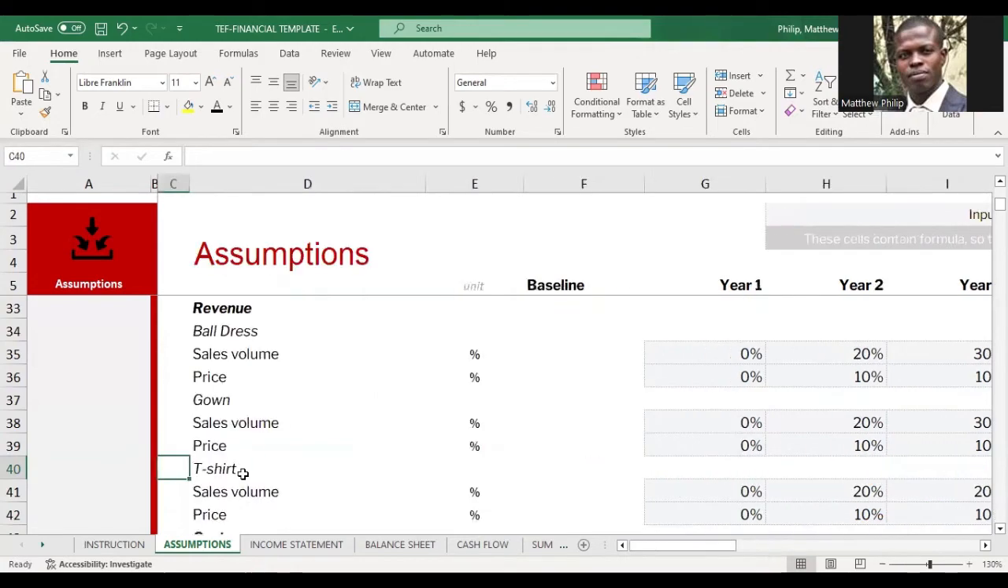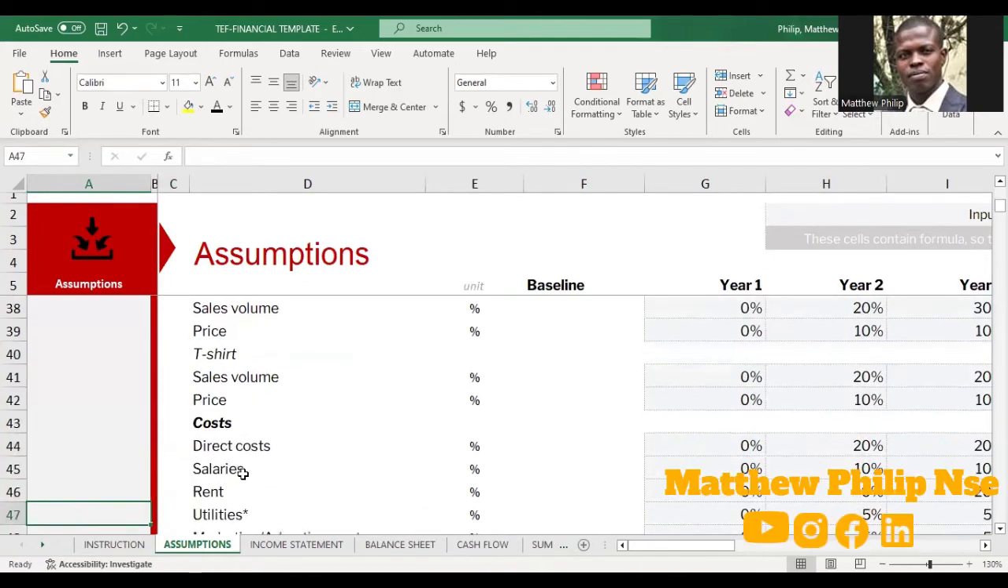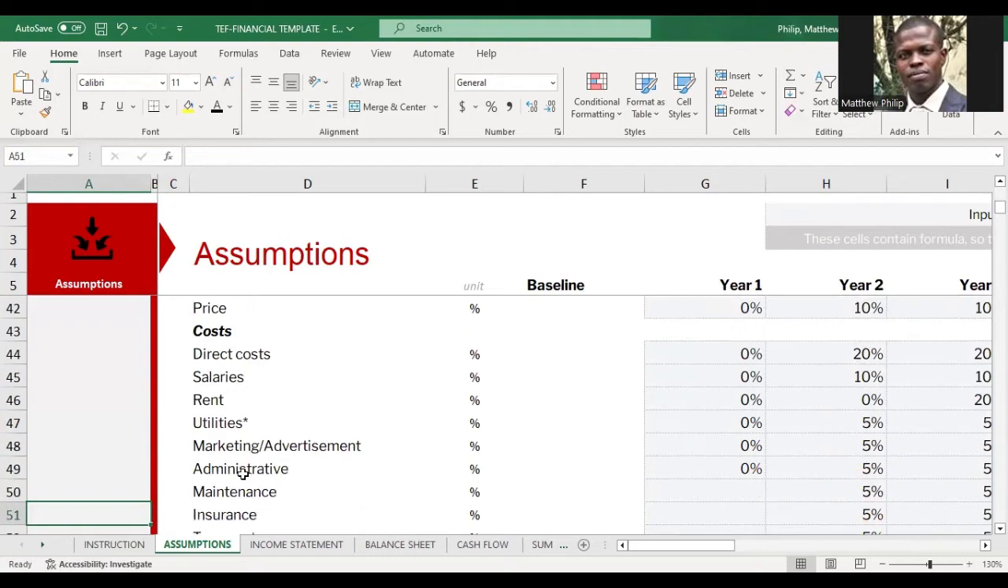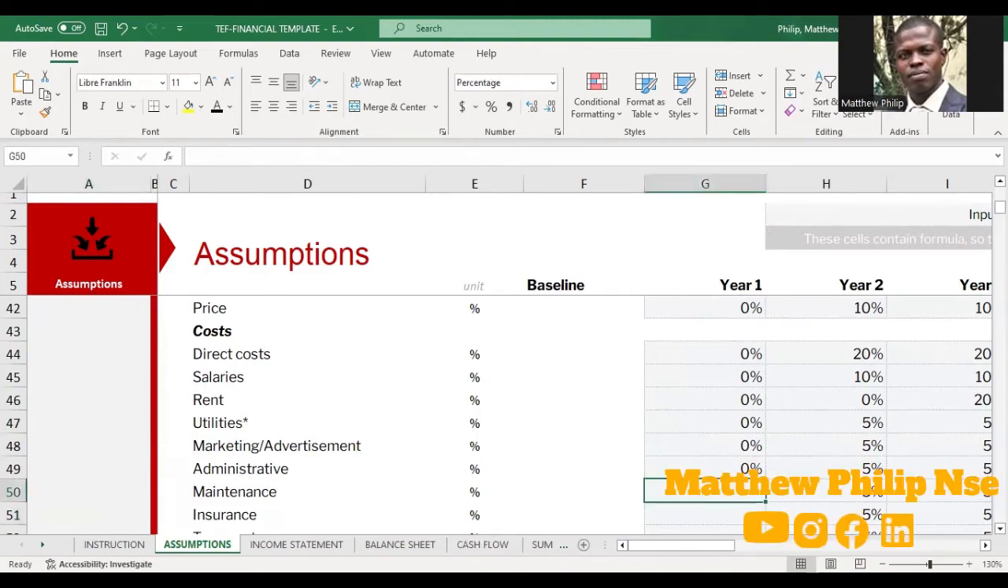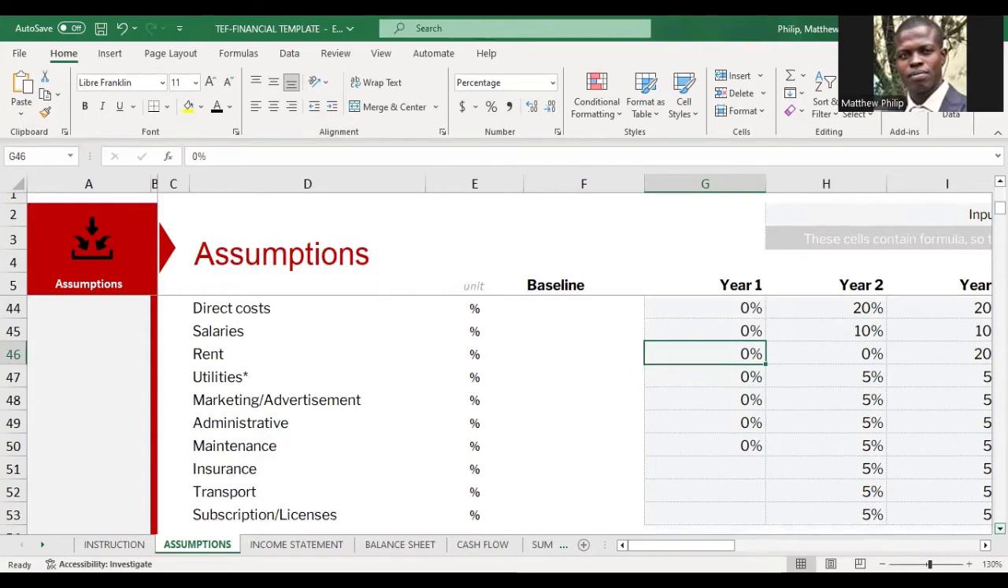Okay. So once done with the revenue assumption, let's now come to cost. For direct costs, don't forget your direct costs are those costs that increase alongside your production volume. Once your production volume increases, such costs also increase. And what are those costs? For example, someone who is into